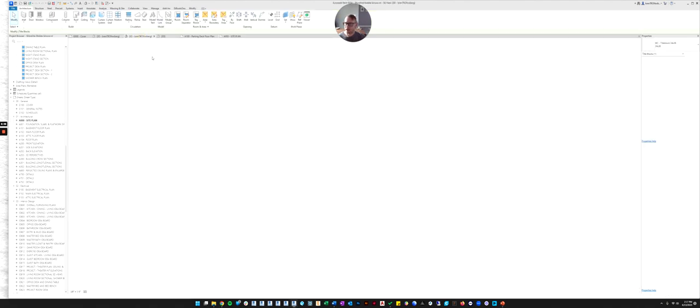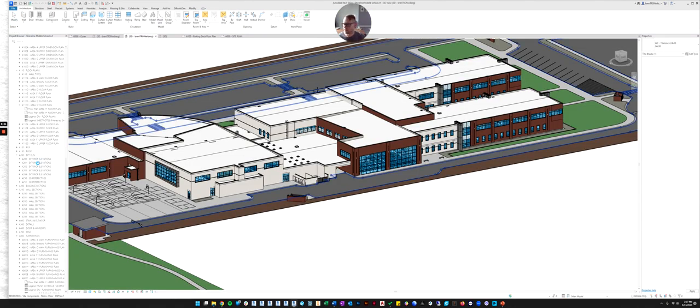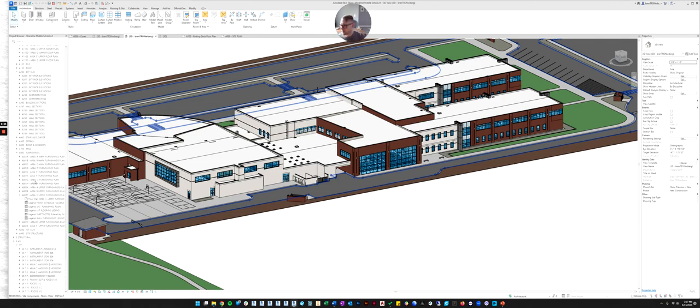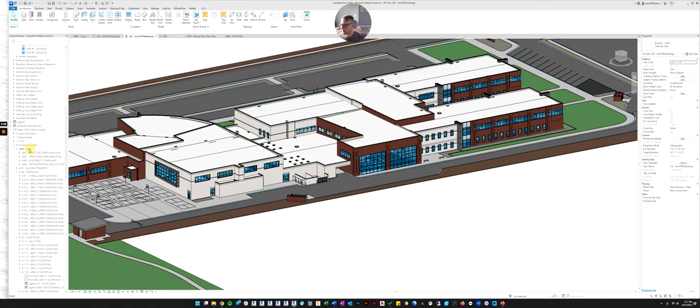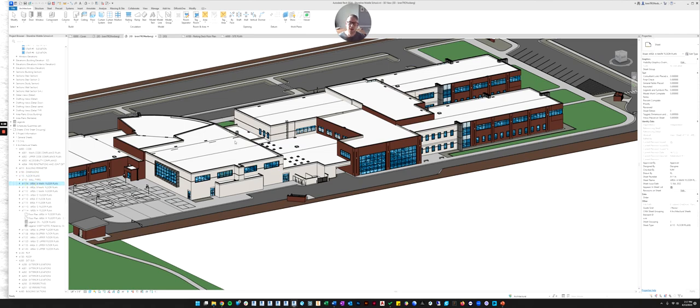And then just for another example, you can see a large commercial project that I did for another architect. Let's just look at their floor plan. And you can see what their title block looks like.